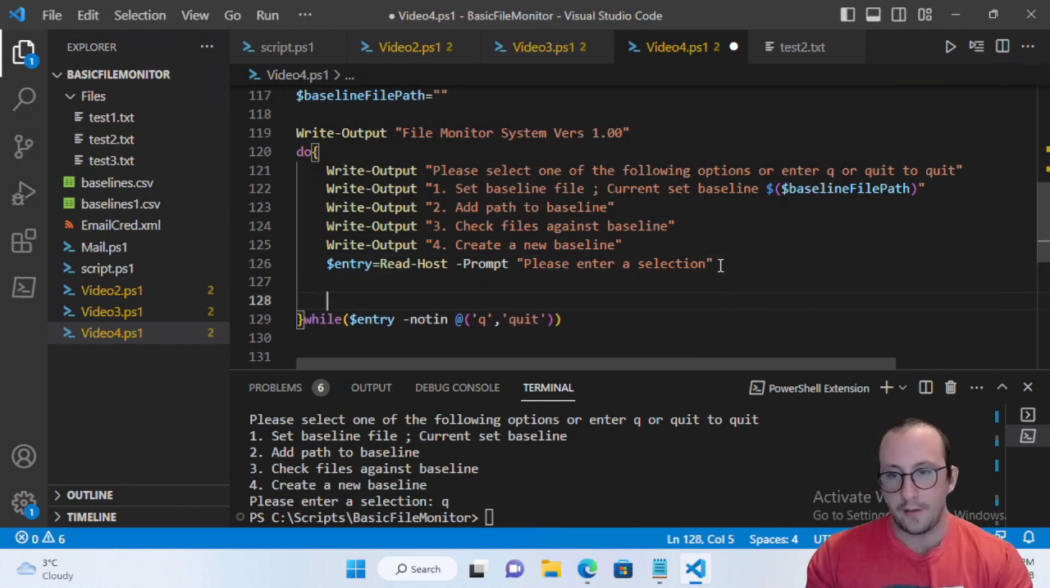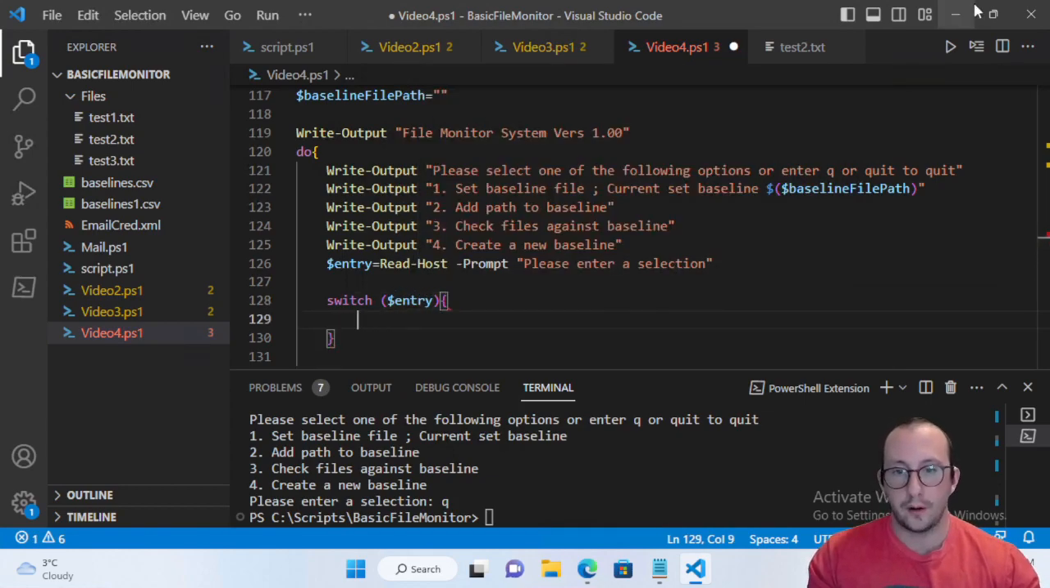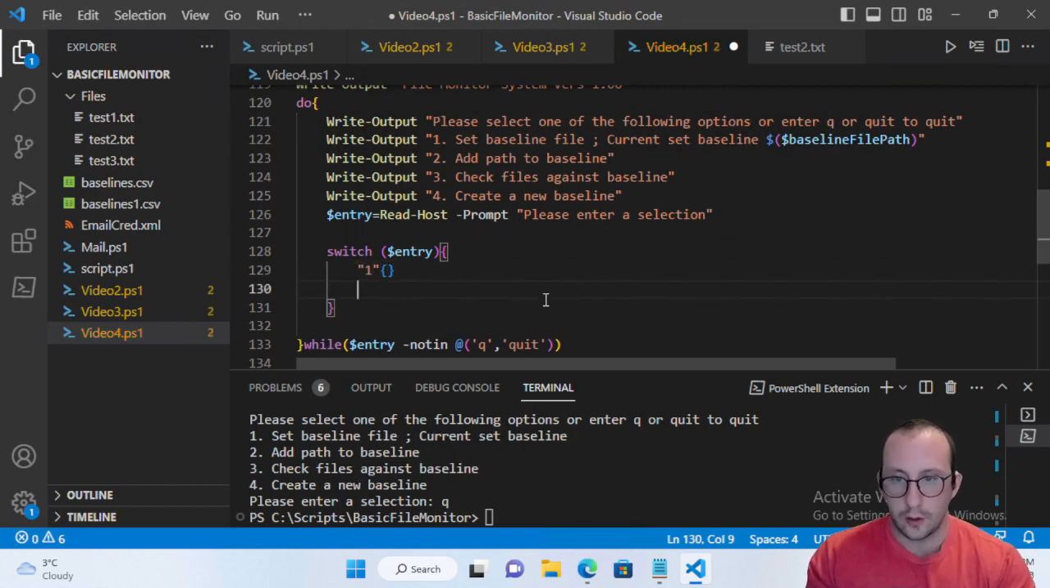All right, so once we have our entry here, what we're going to want is to inspect what the entry was to determine what we actually want to do. Now, the easiest way to do that in this case is going to be a switch statement. So we're going to switch on our entry here and then do an open and closing curly bracket. And then what we want to do is check for the different options here. So we're going to do a 1, open and closing curly bracket, 2, open and closing curly bracket,